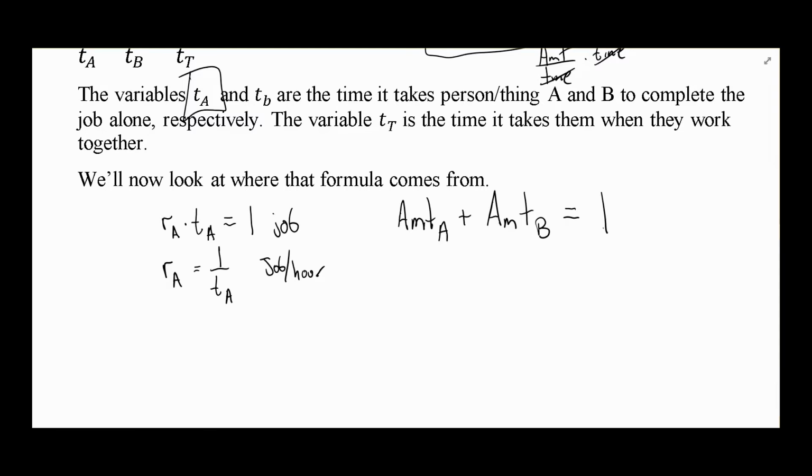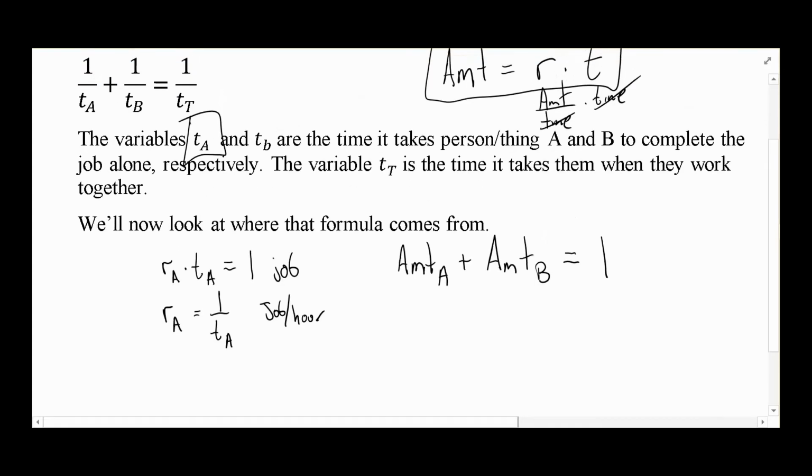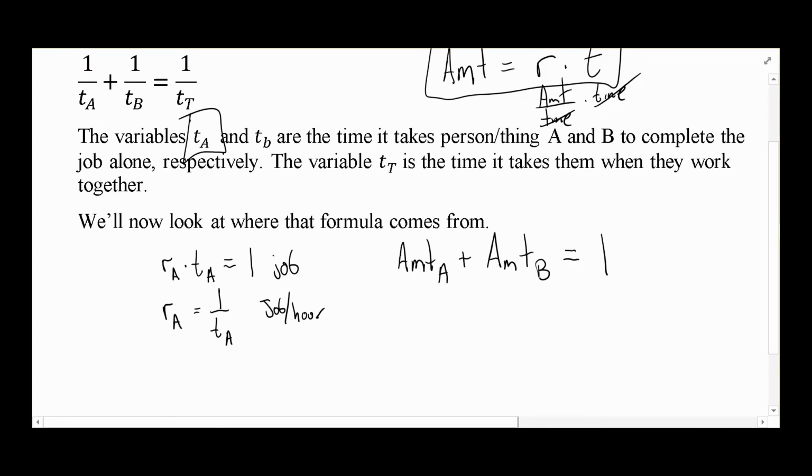What that's saying is if person A finishes 2/5 of the job, then person B needs to finish 3/5 of the job. We need to add those together to finish the job. So if we take the amount of person A plus the amount of person B, that should equal 1. Well, the amount that they finish is going to be their rate times their time. So if I take the rate of person A